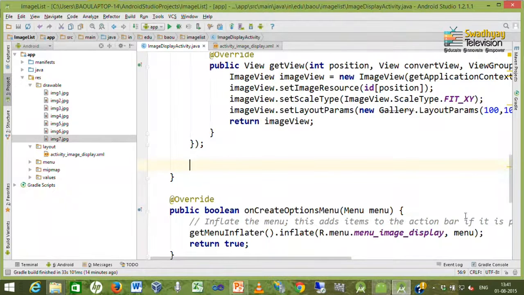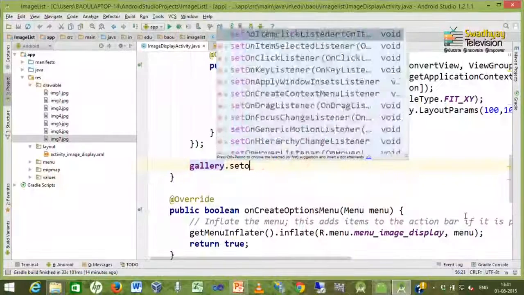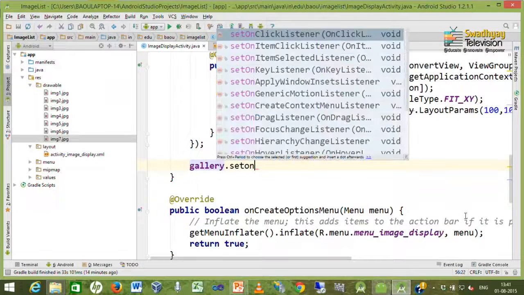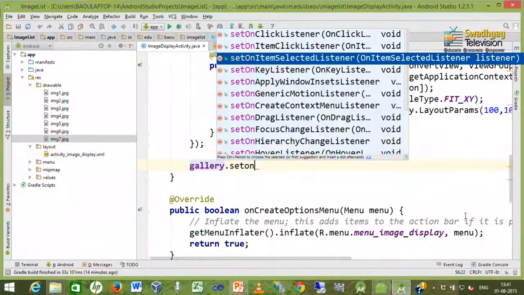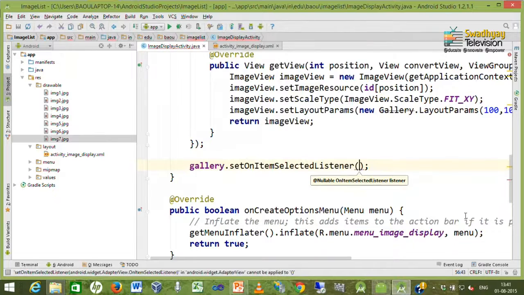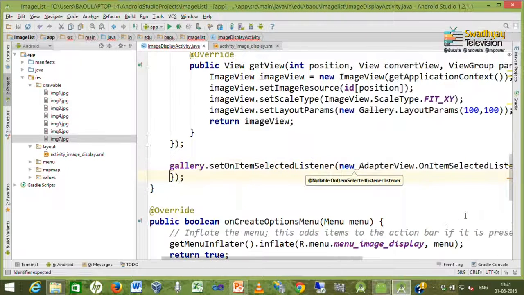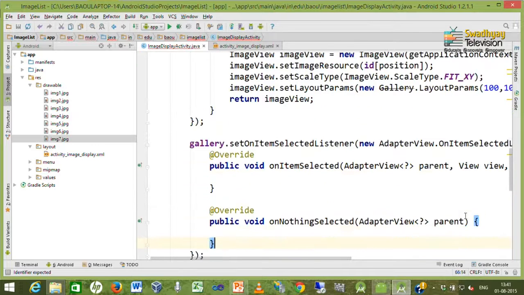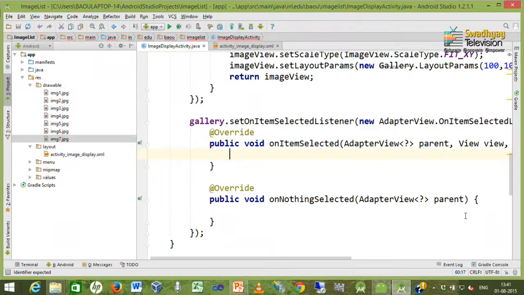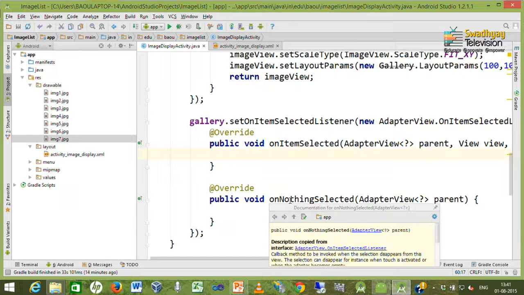So, we write gallery.setOnItemSelectedListener, and inside this we implement OnItemSelectedListener with two methods: onItemSelected, which specifies what to do when a particular item is selected, and onNothingSelected, which specifies what happens when the user cancels selecting an item inside the gallery view.